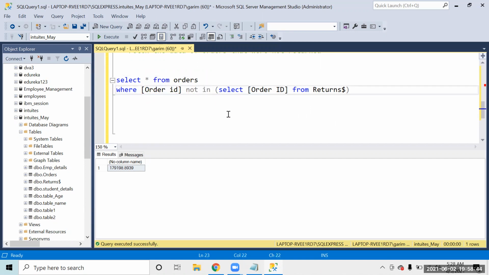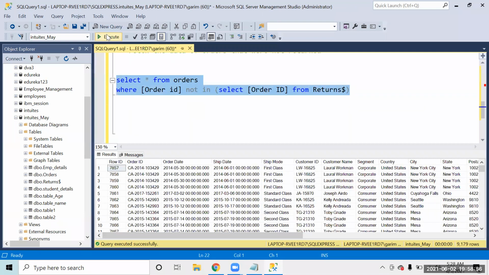If I make it not in, it is going to give me the information of those orders, those order IDs which are not in this list. First this query gets executed, and then I get the data of those orders which are not returned. Now I get 9,179 crores.